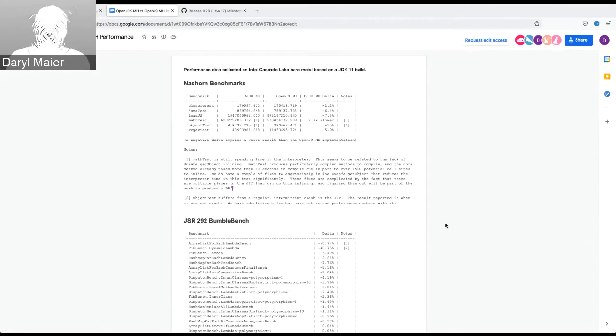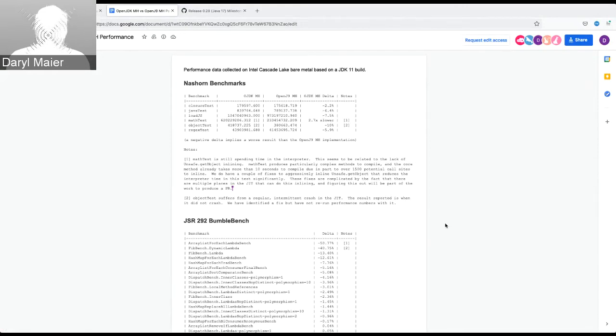But within the last 24 hours, we've come up with a solution that we think is going to work in this case, and to be more aggressive with the inlining of unsafe get object. In some sense, this test is a bit pathological. It does produce a very, very large method with a lot of different call sites, and the compile time of this particular method is over 10 seconds. It's in the 10 to 15 second range now, which is highly unusual. But regardless, I think we have a solution for getting rid of most of that